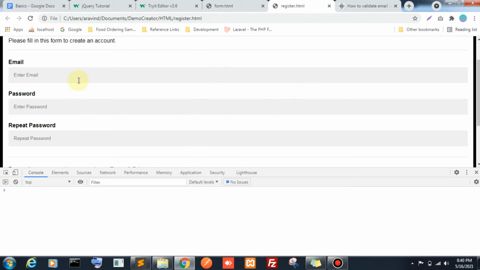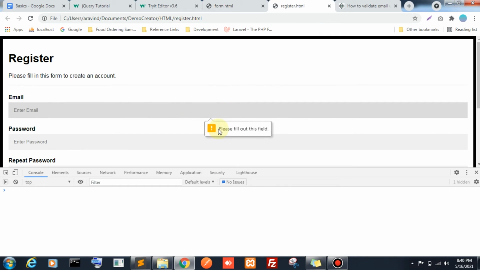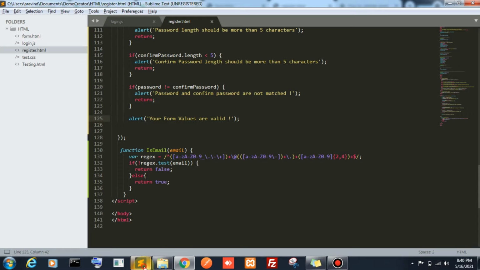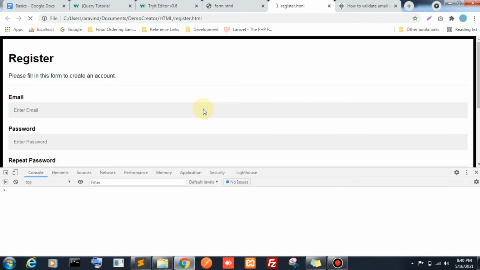So before that, when I click this register, see, enter a valid email address, because the email address is empty. Here also one validation is coming. How is it coming? See, in HTML attributes you learned about the required field. This required field means there is a basic validation in HTML. The required attribute will take the basic validation of that field. Why are we using the email field as text? Instead of that we can use email.